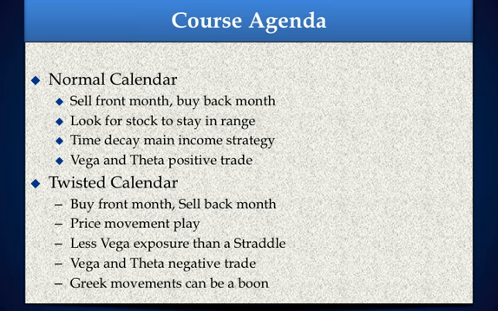And also, when it comes to adjustments, your adjustments are not very intuitive. Just like if you had a spread or a single option, you know very well how you can adjust it, because you can immediately see what your delta exposure is, what your Vega exposure is, and all of that, and you know where you need to go. You can look at a profit and loss graph and tell what kind of adjustment you need to make. But in a calendar, it's not that simple, because you might think that, okay, I just need to add a long call or I need to add a long put, but what it does to the other Greeks is a little bit harder to grapple with. So